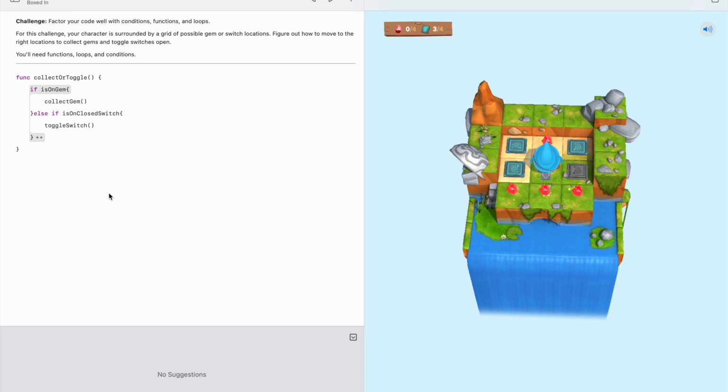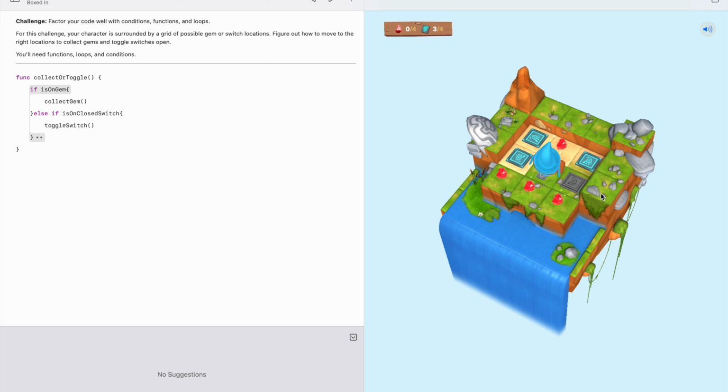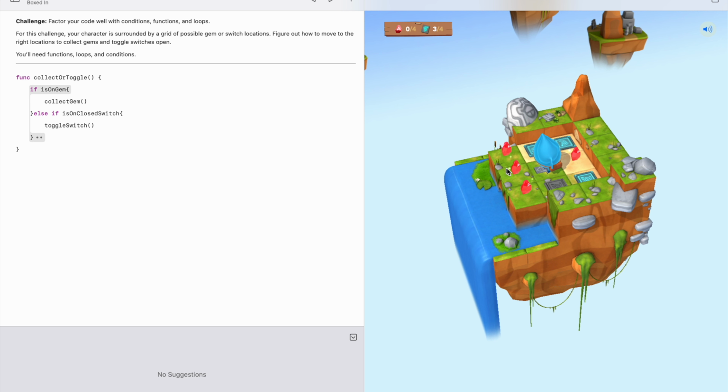Okay, so now we need to look at the pattern. So this is a 3x3 grid. Realistically, we're not going to get anything on this middle start point. So I think if we move forward and call our collect or toggle, and turn right, move forward, and then turn right again, so we're on this grid, then that will give us the ability to go forward